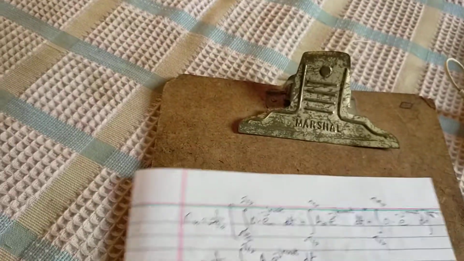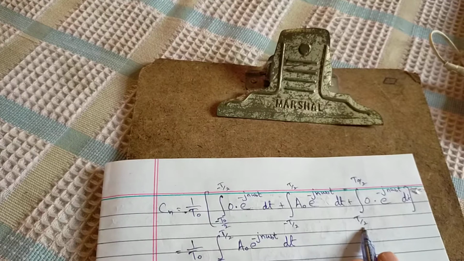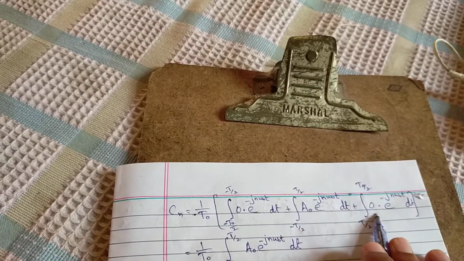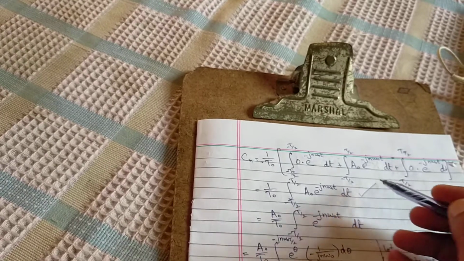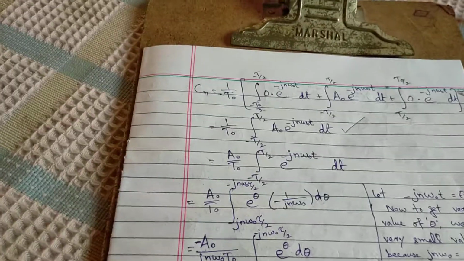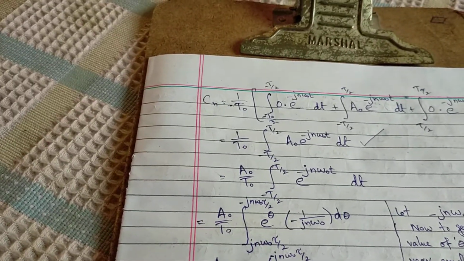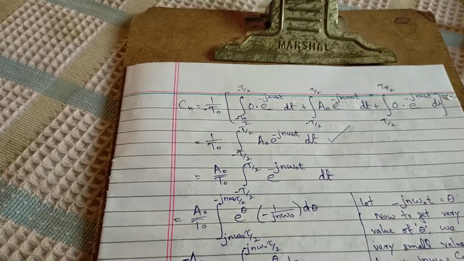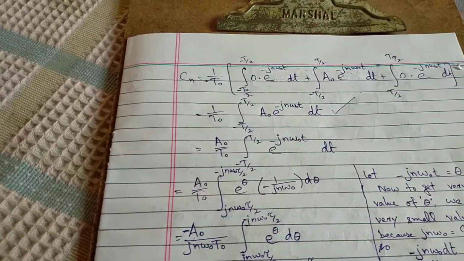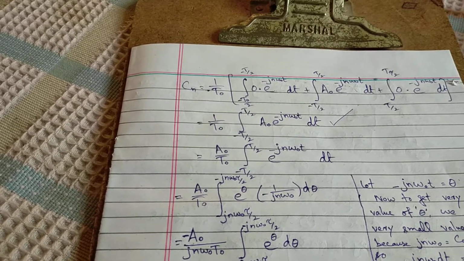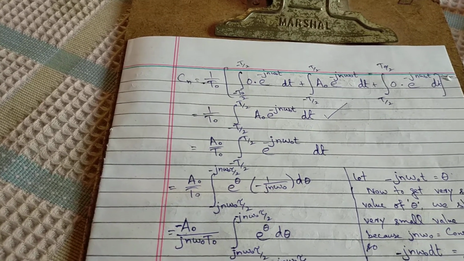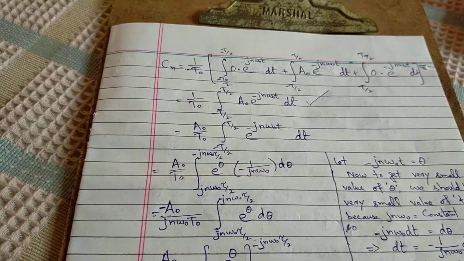So the further limit is t by 2 to t naught by 2, which is also 0. So the remaining question is this: a naught is a magnitude which is constant, so take it to the outside. A naught over t naught, integral from minus t over 2 to t over 2, e raised to the power minus j n omega naught t. Let us put